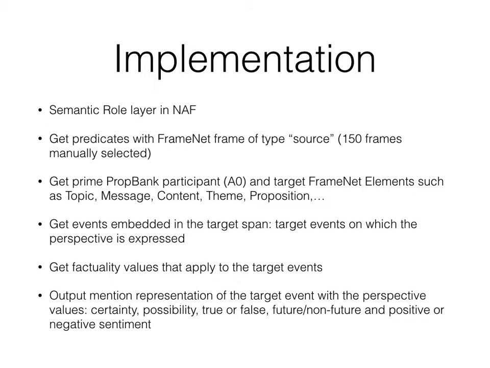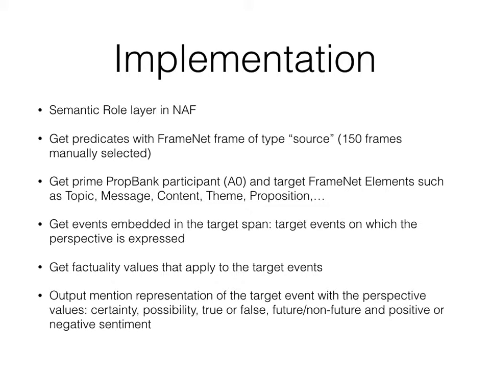Starting from the NAF semantic role layer, we defined 150 framelet frames that introduce an explicit source as the syntactic subject. For instance, complaining, attempt dissuasion, agree or refuse to act, reporting, predicting, justifying. We use these frames to determine whether a predicate in the text introduces a source or not. If so, we obtain the source entity URI and we look for framelet roles that mark the message or content